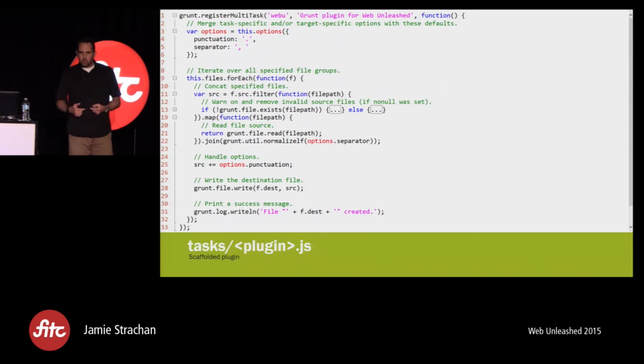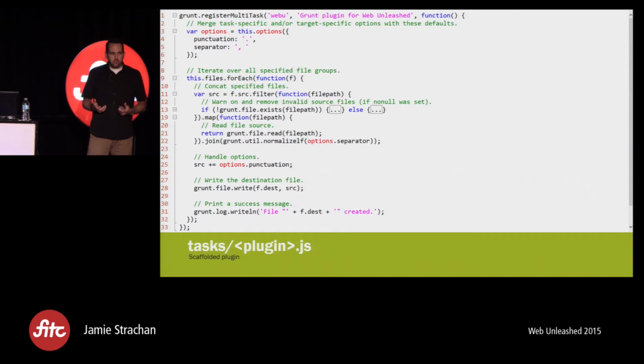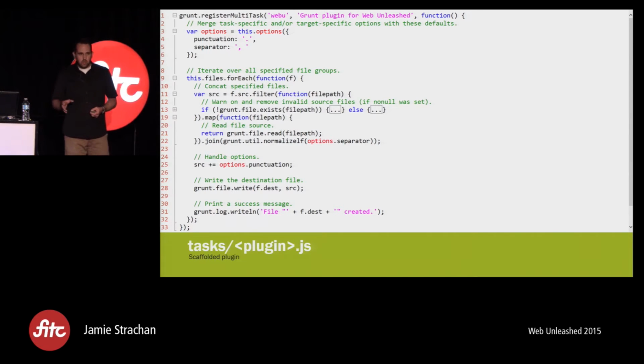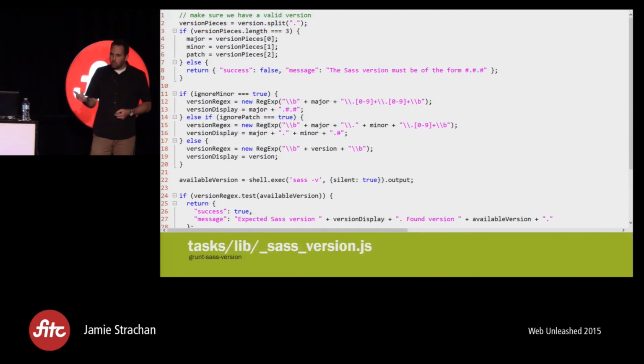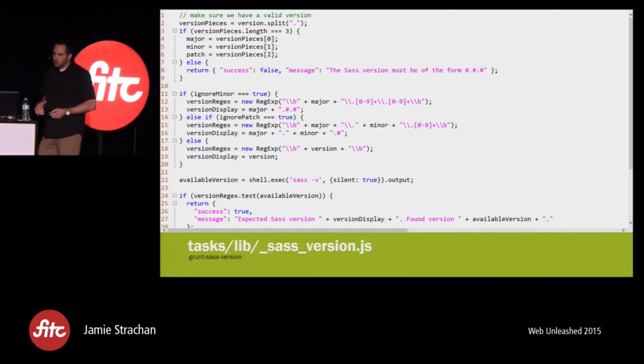So I went looking for an example of a task that I could use to help get me started, to give me some of the cues and things that I needed to know how to do this properly. And like I said, a lot of Grunt plugins really are based on file I/O, but the one I ended up finding was kind of under my nose: JSHint, right? JSHint works very similar to what I was trying to build in that it goes through, runs a couple tests, and decides whether or not your build should be allowed to continue. So my plugin ended up looking a little bit different. It was far more procedural. So all I'm doing here is checking whether or not,